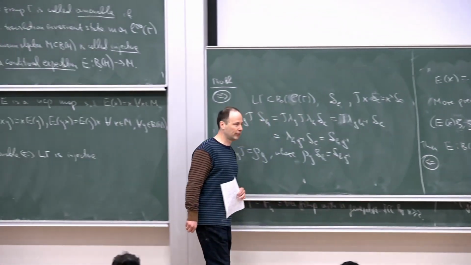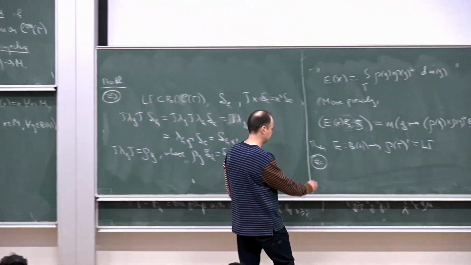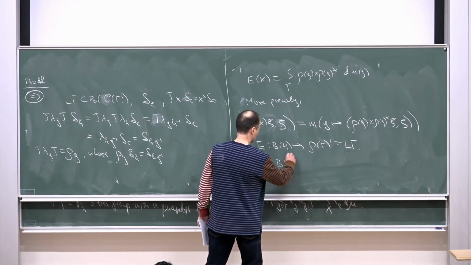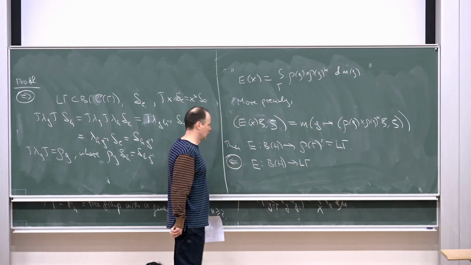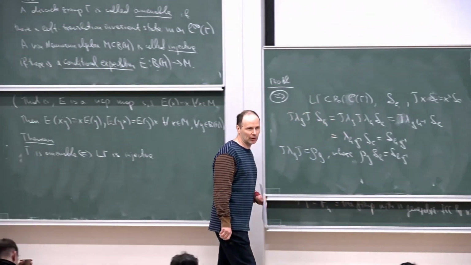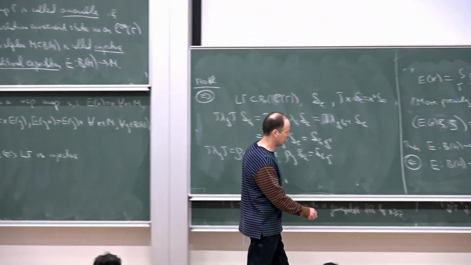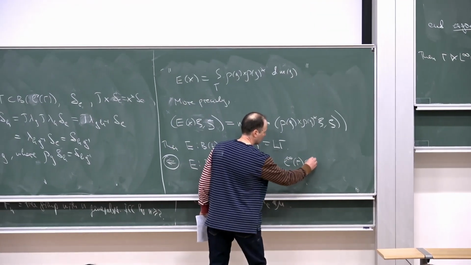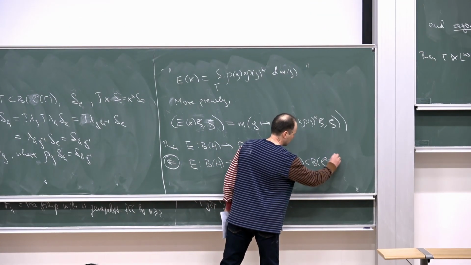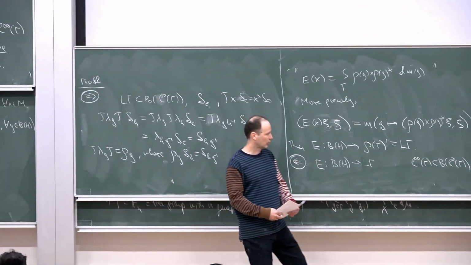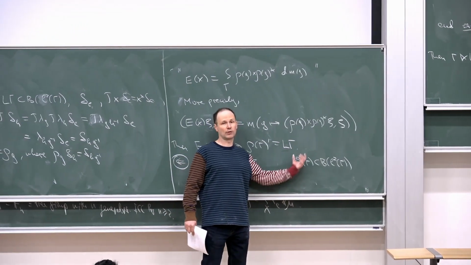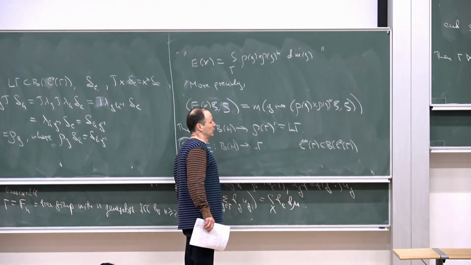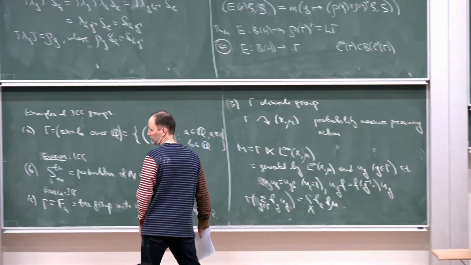And conversely, assume we have a conditional expectation from B(L2(Γ)) onto L∞(Γ). Somehow out of this, we have to construct an invariant mean, and the trick here is the following. Remember that we also have L∞(Γ) sitting inside B(L2(Γ)). This is what Robin discussed, so we have the operators of multiplication by functions on the L2 space. We can think of this sitting here. So what we do,